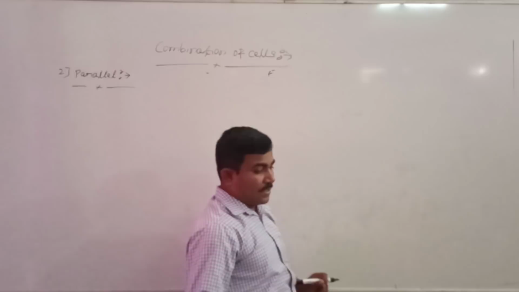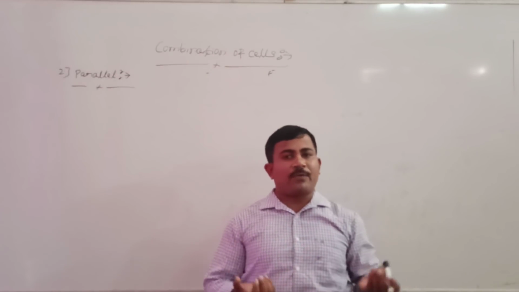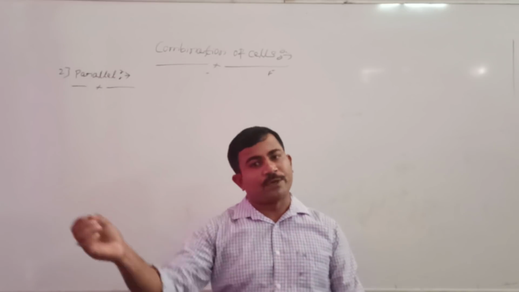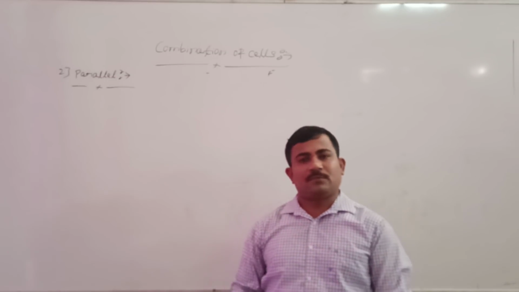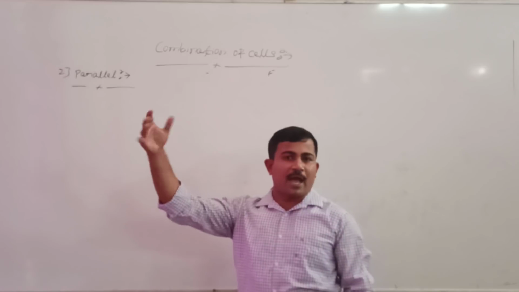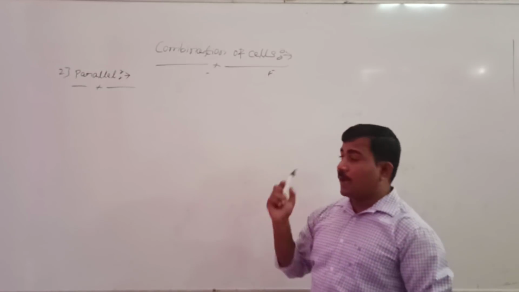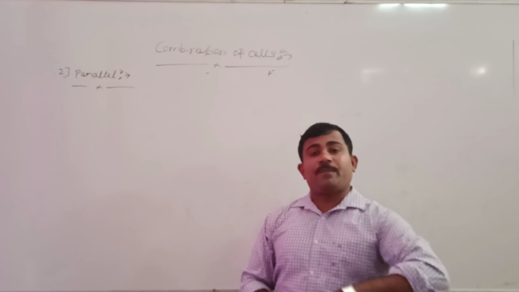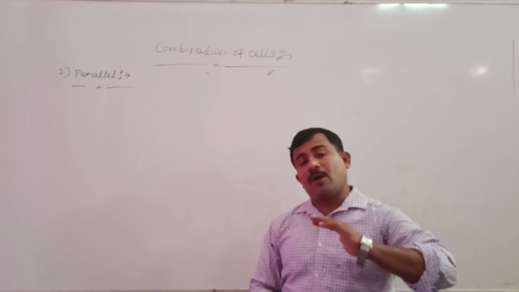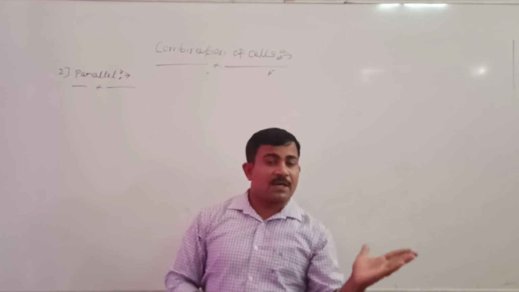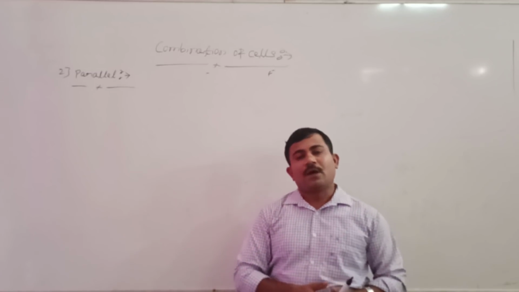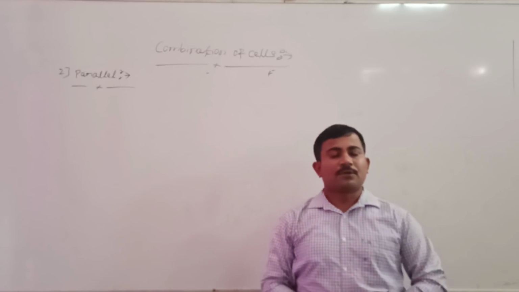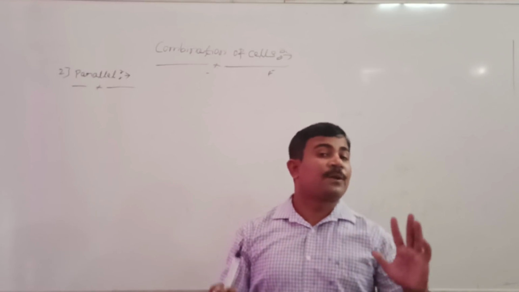See here. In series combination, what have we done? The negative terminal of one cell is connected to the positive terminal of the next cell and so on. That combination can be continued as you wish. But in a parallel combination, the cells are said to be in parallel if all positive terminals are connected to one common point and all negative terminals are connected to another common point. This combination we are calling combination of cells in parallel.